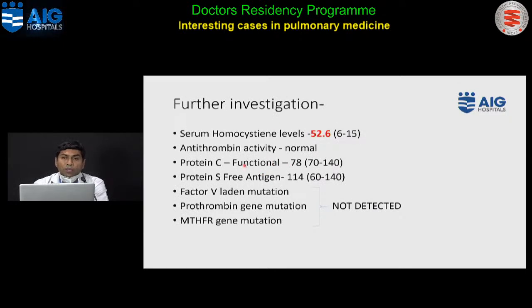We know that deficiency of protein C, protein S, antithrombin III deficiency, factor V Leiden mutation, and prothrombin gene mutation are some of the conditions which can predispose to recurrent thrombosis. From our MBBS knowledge, you know all of these. And serum homocysteine is also well known to cause increased risk of thrombosis. In this patient, the rest of the workup was negative, but the serum homocysteine level was elevated at 52, the normal cutoff being less than 15.